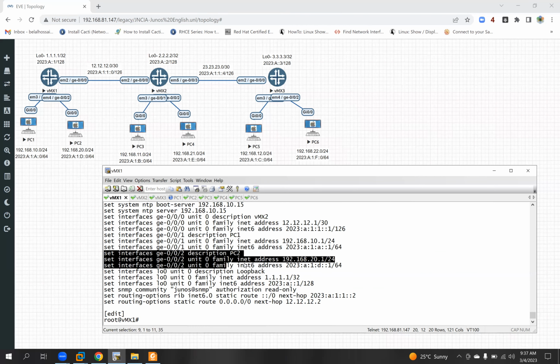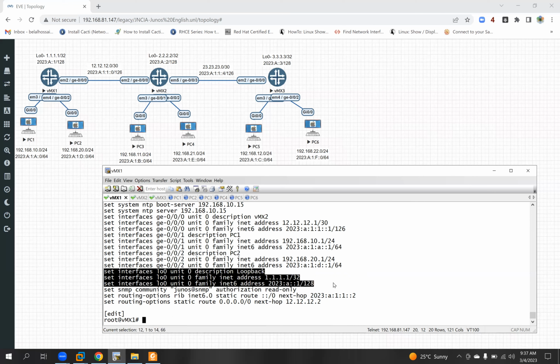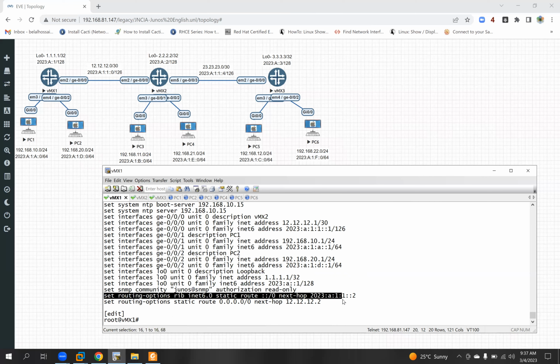And gig 0/0/2, this is the other LAN which is connected. The PC2 LAN is 10.0/24 and 2023:1D::1 is the IPv6 address, and this is your loopback address. So here static routing has been configured. We remove the static routing and replace it with the OSPF routing protocol. Okay, so we remove the static routing here,